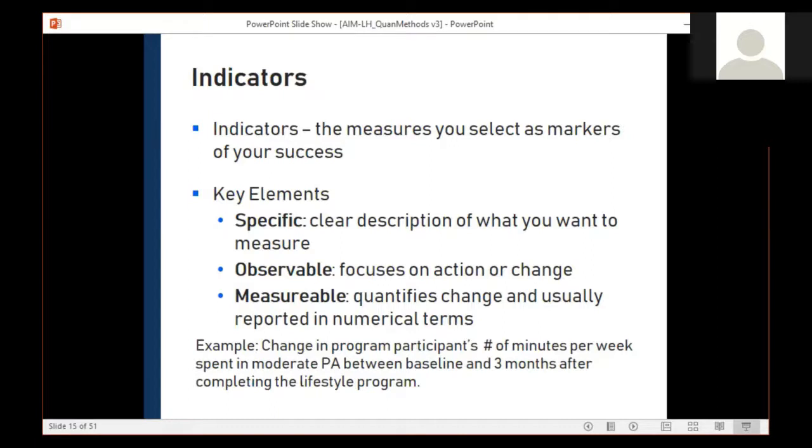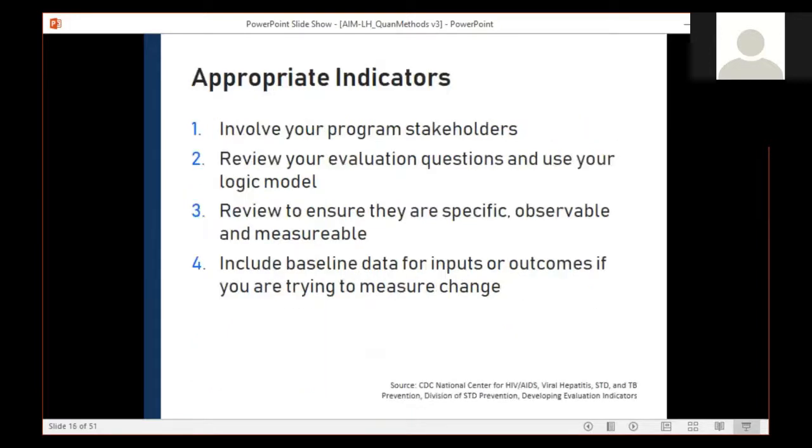The indicators you select should answer your evaluation questions and help you determine whether your program objectives have been achieved. And indicators can be developed for activities, so process indicators, and for outcomes, so outcome indicators. And there can be more than one indicator for each activity or outcome. It really should be focused and must measure an important dimension of the activity or outcome. And you may need to develop your own indicators, or you may be able to draw on existing indicators developed by others. I did include an example on the slide here. Having good indicators is important.